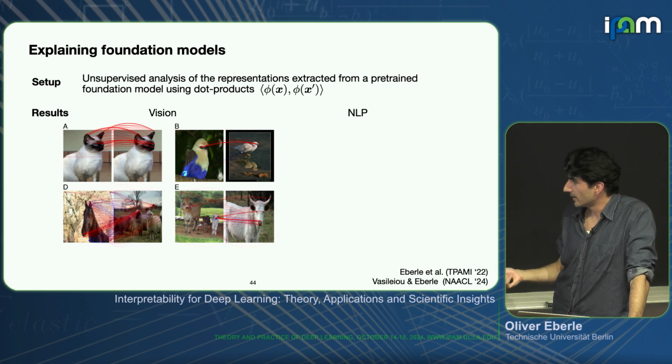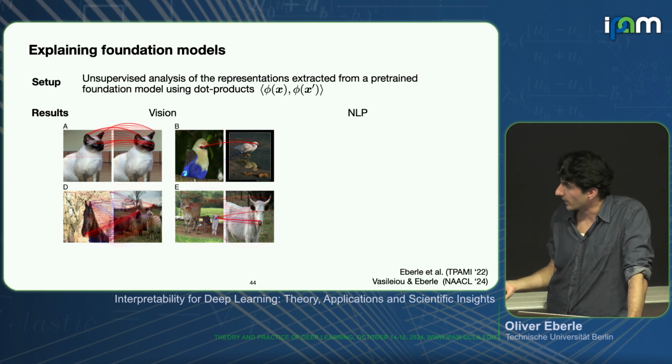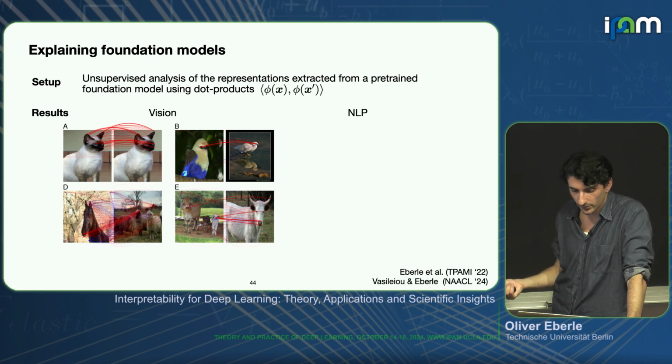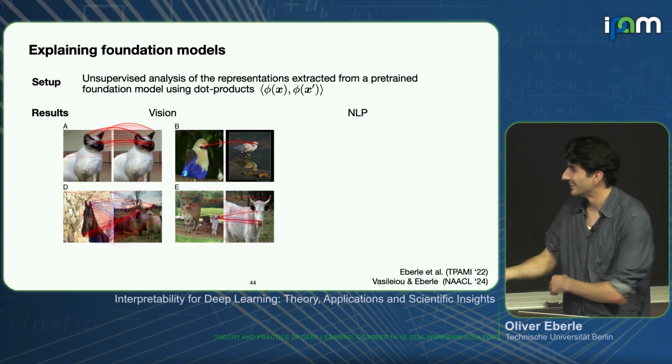We see also undesired strategies. Here we have a horse and a sheep, and they are considered highly relevant, but for a wrong reason. For the model, this looks like the same feature, but it's the mouth of a sheep versus the one of a horse. So it's not sure if it makes sense.